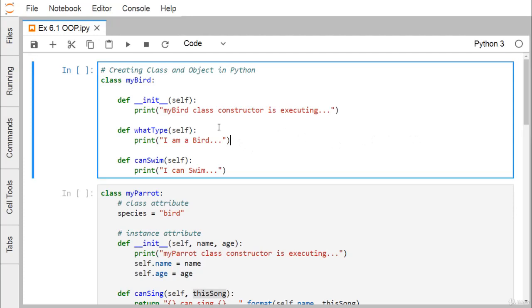Here we are defining one class. The name of the class is MyBird, and this class has three different methods. The first method is very special, it is __init__. This method is known as a constructor. A constructor name will always be __init__, irrespective of the class name, and it will have a prototype with one self as input